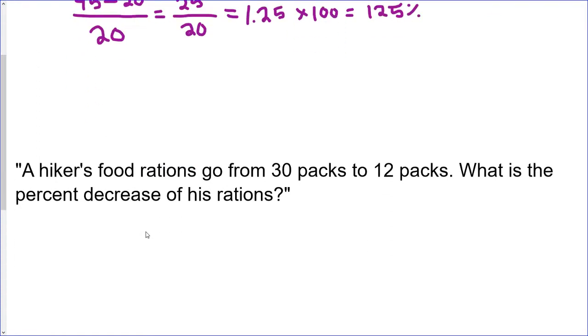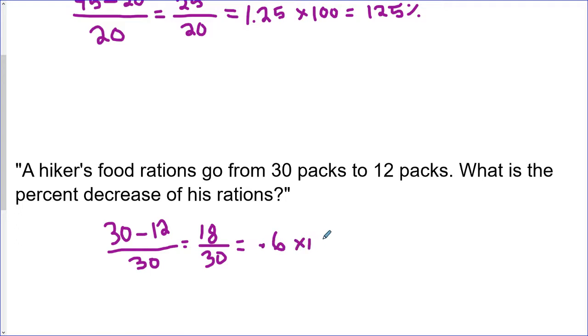Same thing down here. A hiker's rations go from 30 packs to 12 packs. What's the percent decrease of his rations so that he doesn't die from starvation, right? So, big number, 30, minus small number, 12. My original in this case is the 30 packs I started with, so I'm going to put a 30 down here. 30 minus 12, that's going to be 18 if I'm not mistaken, which I don't think I am. And then I'm going to take 18 divided by 30, which is 0.6, times 100 to get the percentage, which is 60%